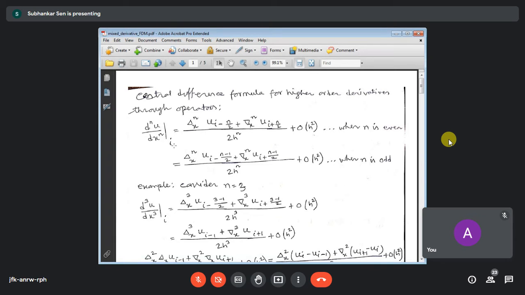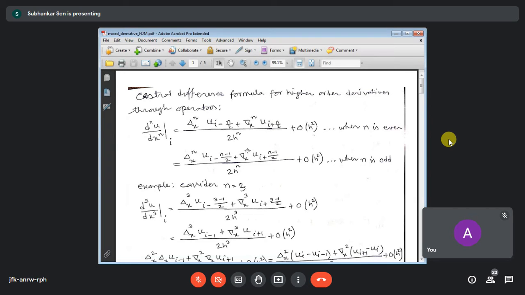because x to the power n. And here there is no power of u. It is u to the power 1 always. So these are the two formulas. So we are showing one example when n is an odd number. When n is 1, you know this already. By using Taylor's expansion, we have given when n is 1. So the du/dx formula by central difference, you know it.